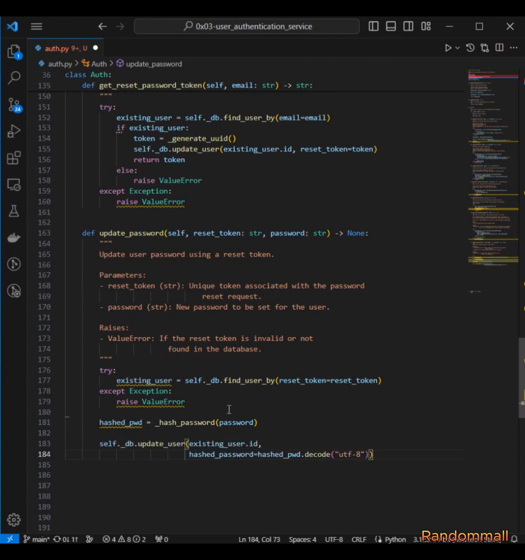So we know that this update user method takes an existing user ID and then followed by the column or attribute that we need to update. And the hash password, we know that is already encoded in byte, so we have to decode it to strings because the attribute or the column here is expecting a string. And then after this,